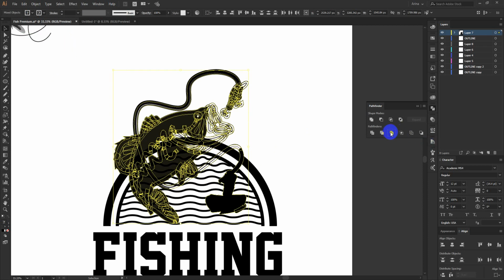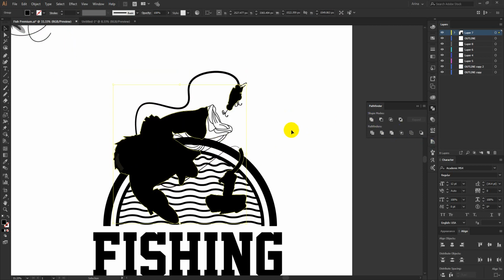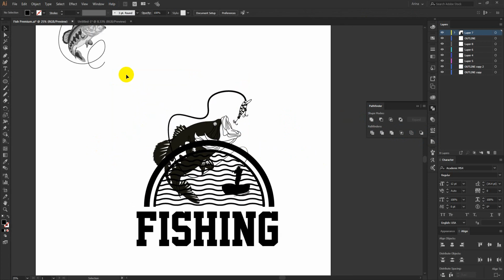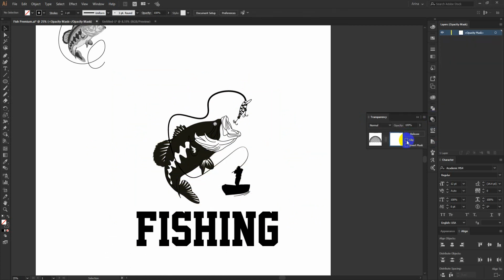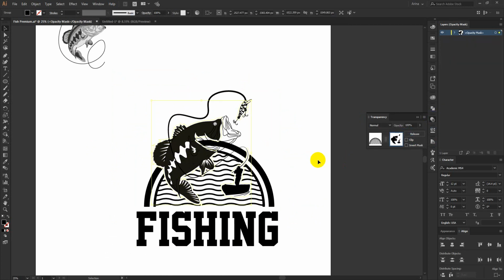Now I am merging them and uniting them to make a single shape. Now cut that one. Now I have to select all of this, not this text, or my fish group. So these waves and these ellipses are selected. Now grouping them, I am about to use transparency, so paste in front.